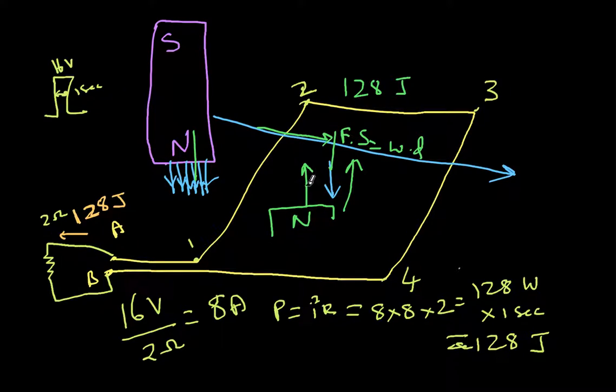The logic is, the north pole and north pole should oppose each other. Only if there is opposing force will work be done. Imagine if this was a south pole. The south pole would very happily accept the north pole. In fact, the south pole will simply attract the north pole closer to itself. Magnetically, it will attract, and therefore there won't be any work done, and still we'd get the output,